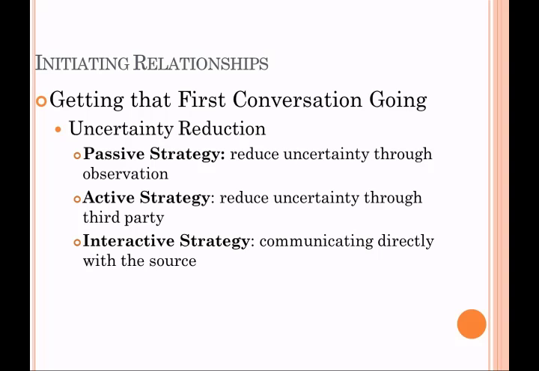And the final strategy is the interactive strategy. And this is communicating directly with the source. Now, if Johnny would have gone directly over to Susie and said, hi, I'm Johnny, are you in a relationship? Which, how awkward is that, right? But if that happens, that would be an example of an interactive strategy, where Johnny is communicating directly with the source and interacting. So there are some key words here, and when you get to the exam, think about, okay, third party, that's active strategy. Communicating directly, that's interactive strategy. So pick up on some of the key words here, maybe jot those down, and keep those in mind